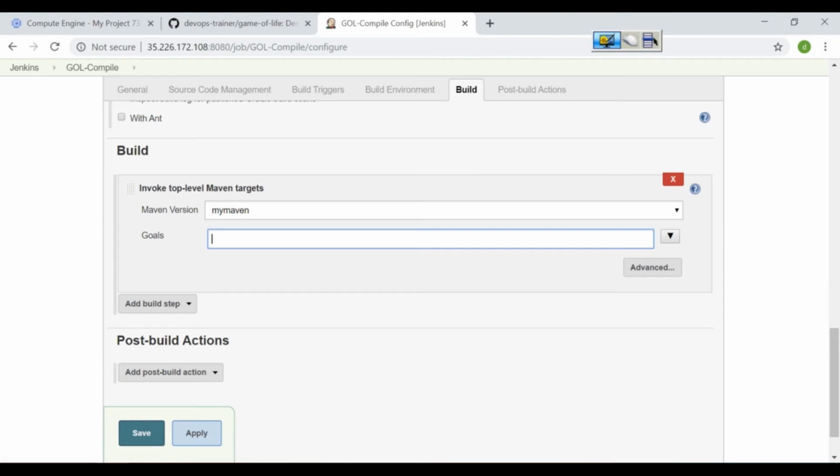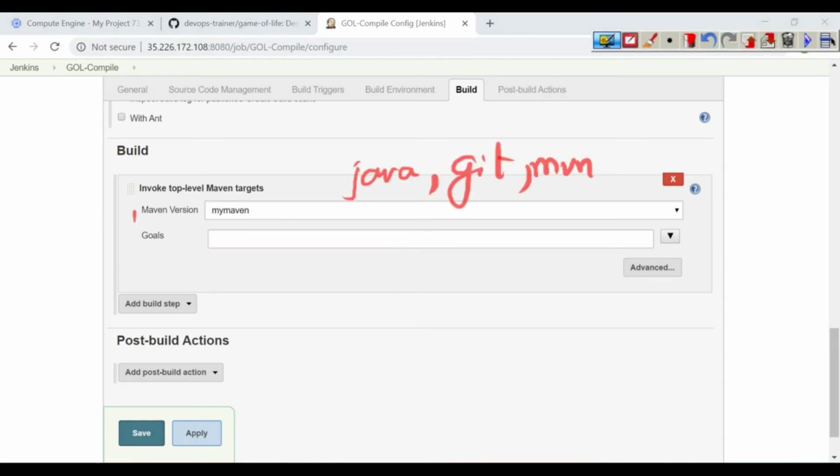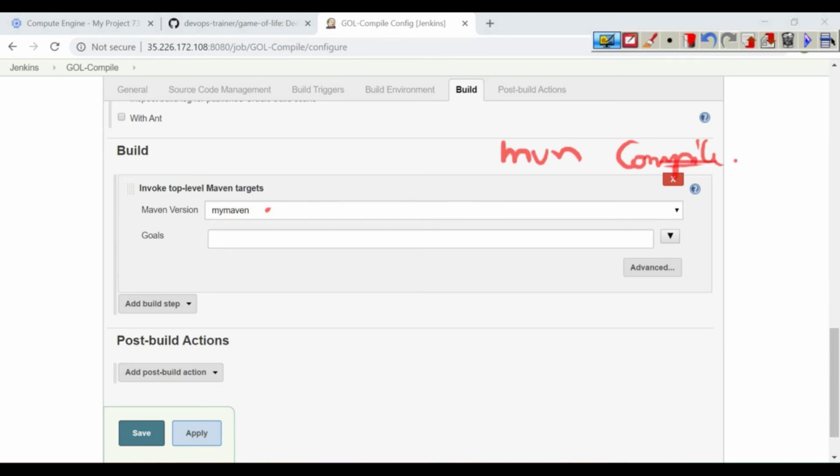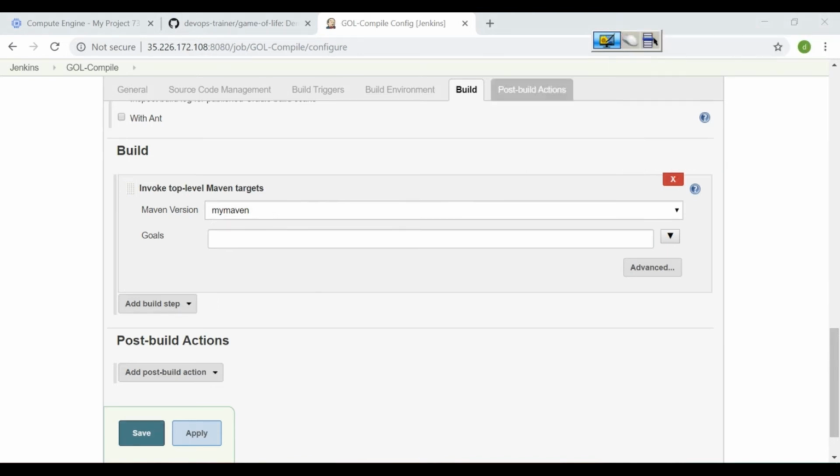And what is the goal? Like we have seen how to use Maven from the command line, right? So if from the command line, if we want to run any task like a compile task or test task, the command is mvn compile, right? Mvn compile. This is called goal or a phase. So put this in the Jenkins UI. So compile, so that it would compile. So it is same like it would be running at the back end, the command mvn compile. So that's all. The project would be compiled, means the source code will be converted into executable code.